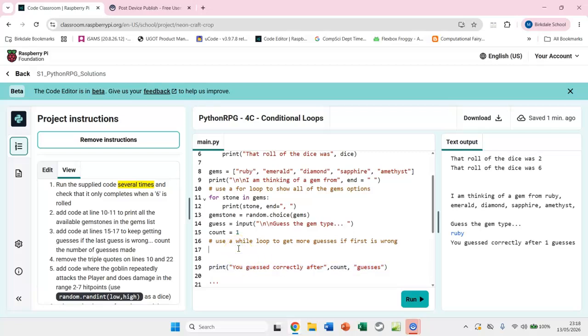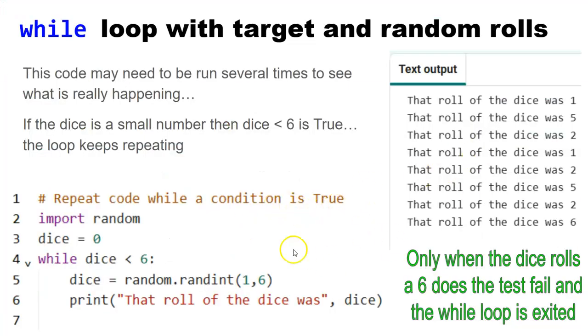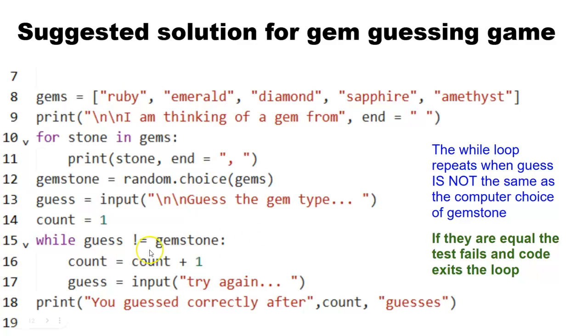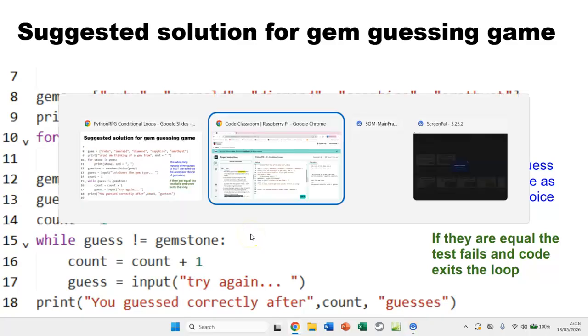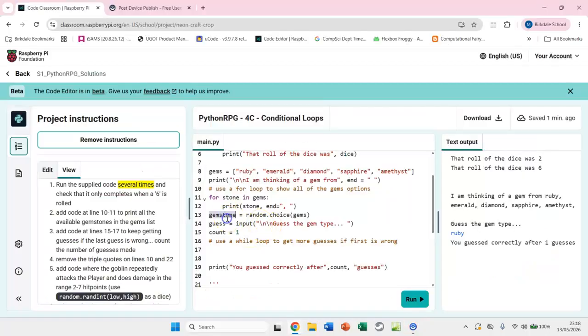So what I'm going to do, and if I go back to my instructions here, so there was the dice roll. What I'm going to do is say, while the guess is not equal to a randomly chosen gemstone, I'm going to add 1 to the count of failed attempts, and I'm going to ask them to try again. So, gemstone is a random choice here. Guess equals input, and I'm going to say while guess is not equal, so notice not equal is an exclamation mark and an equal sign. So while guess is not equal to gemstone,